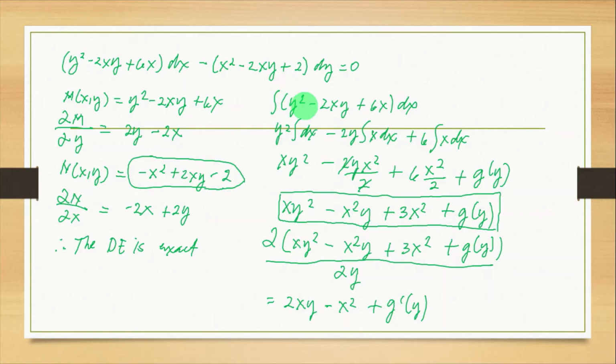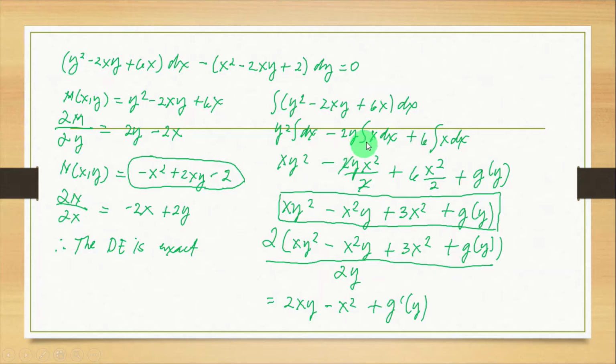Okay, so the integral of y squared minus 2xy plus 6x with respect to x will give you y squared, treating y squared as constant, times the integral of dx, minus 2y, because you treat negative 2y as constant, times the integral of x dx, plus you factor out also 6 because that's constant, times the integral of x dx. So you have the integral of dx as x, then you have the remaining expression, that is y squared. So you have xy squared